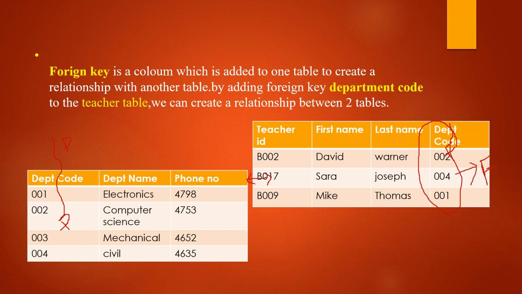In the last classes, we studied the keys in DBMS that are applied to only one table. There is no concept of reference or relationship between two tables. They are applied to only a particular table. But in the case of a foreign key, it is added to create the relationship between two tables. So it is just a constraint between two tables. This concept is associated with referential integrity constraints. So just understand what a foreign key is. A foreign key is a column that is added to one table and refers to the primary key of another table.